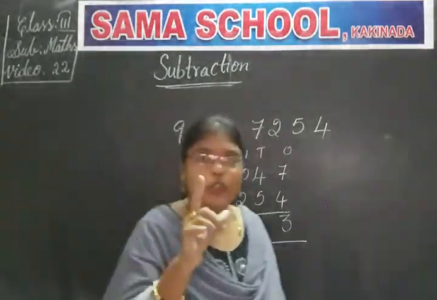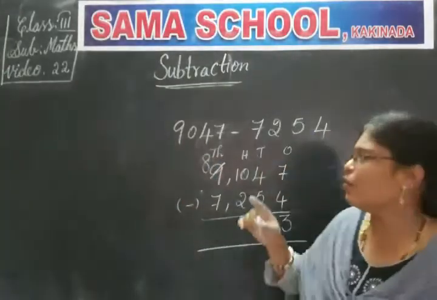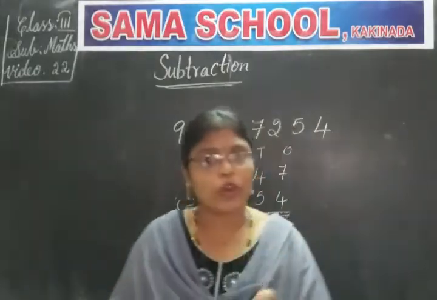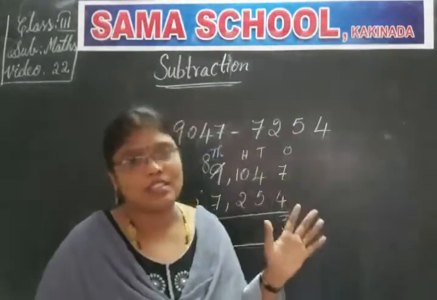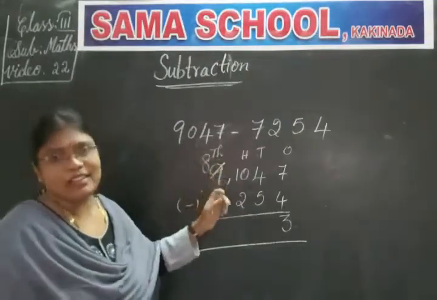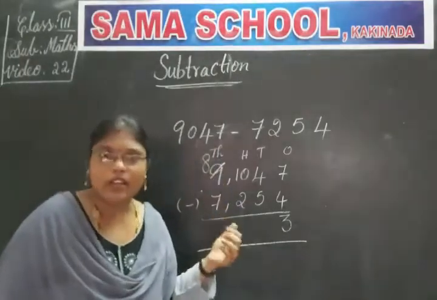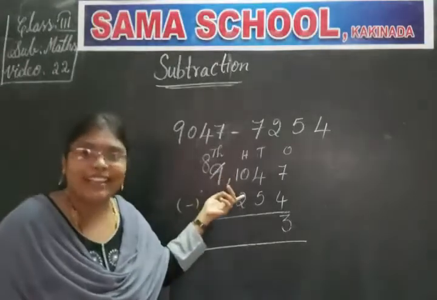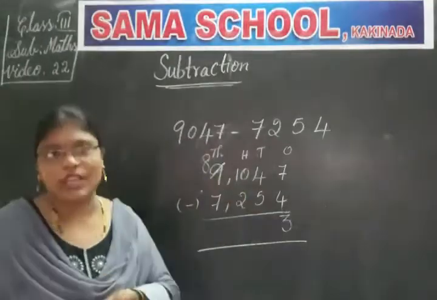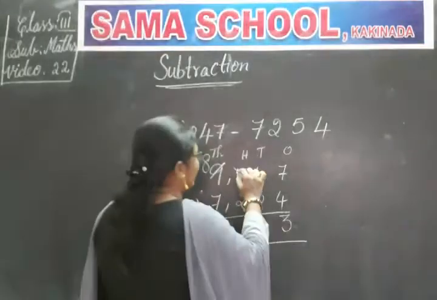As I told you earlier, from whichever place we borrow a number, we will take the tenth place digit only. Okay. So now it is 10. Till now we had 0 here, but now it becomes 10. So can we borrow anything from 10? Yes, we can. Happily we can borrow.